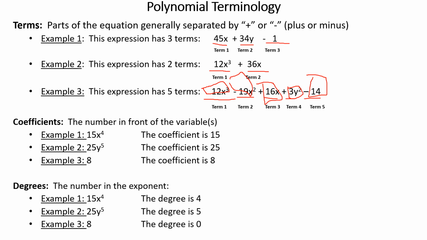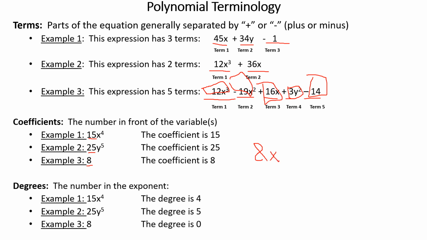Now we'll talk about the coefficients. That is the number in front of the variable. I have 15x to the fourth, the coefficient is 15. 25y to the fifth, the coefficient is 25. And an 8, this is a constant. The coefficient is 8, because technically, when we look at anything with a group of variables, this